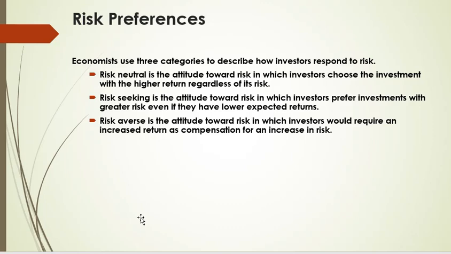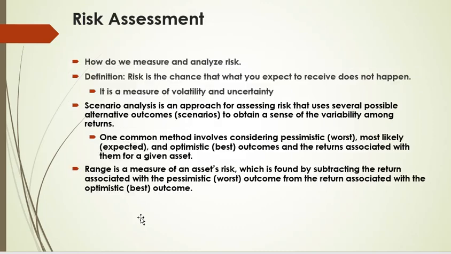Risk averse is the way we think most people think. Most people recognize risk. They don't necessarily think risk is bad, but when they do see risk, they want to be compensated for risk. So a risk-averse person acts rationally when they see risk, they want to be paid for risk.